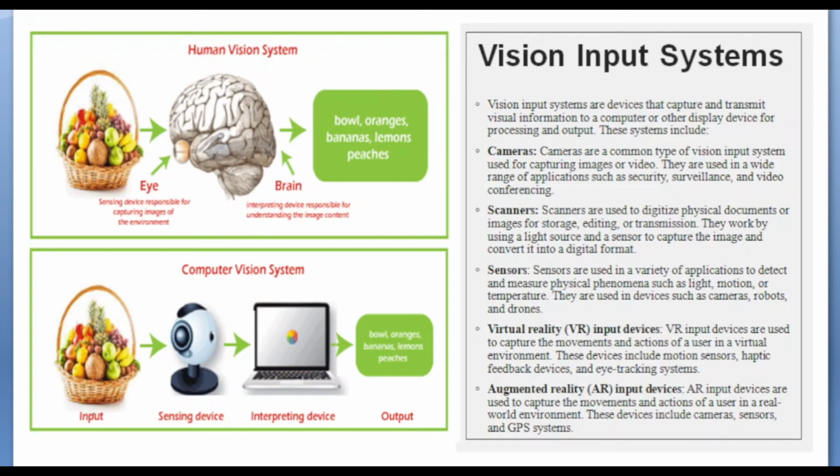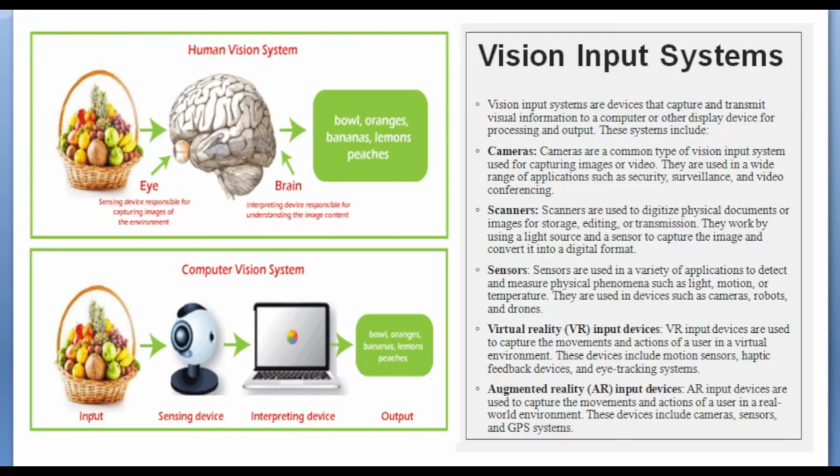Some common examples of vision input systems are image recognition, optical character recognition (OCR), and then gesture recognition. And the devices we need to employ vision input systems are cameras, sensors, scanners, virtual reality input devices, augmented reality